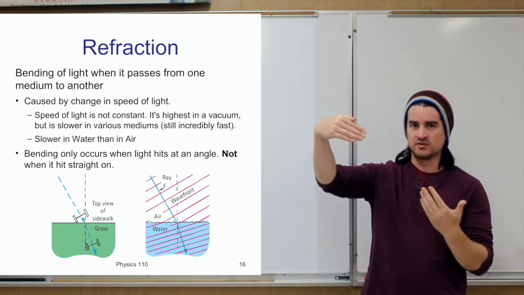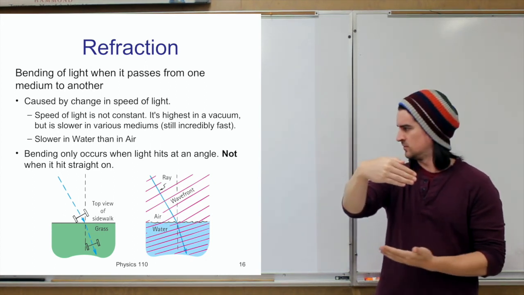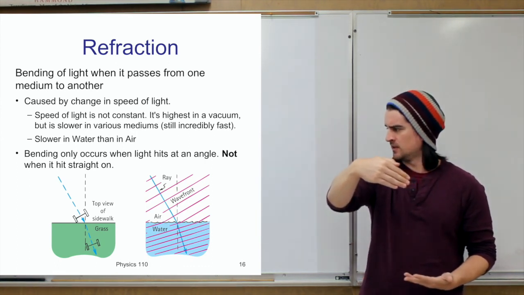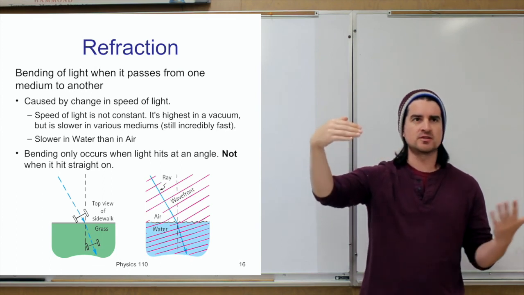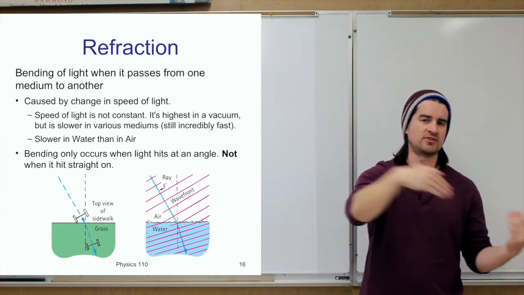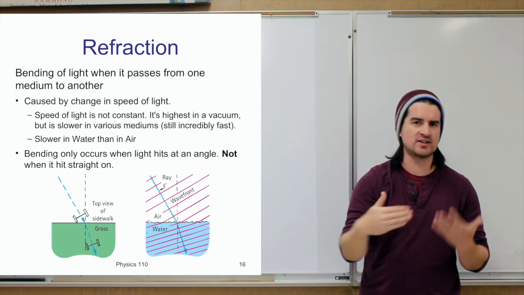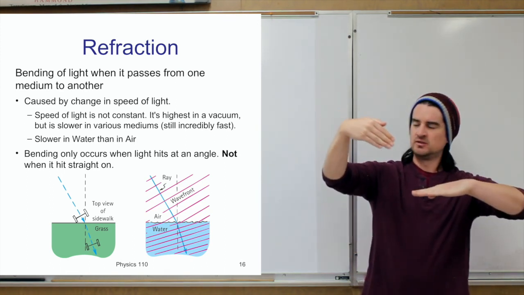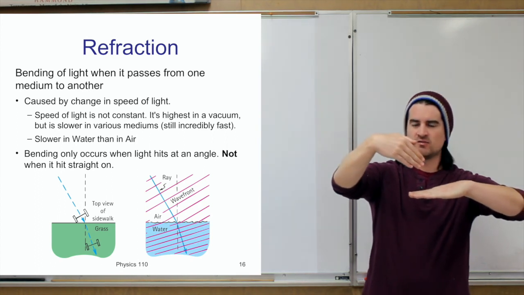So in that case, the car, or whatever that thing is, is going to be traveling faster. It's going to be able to travel faster on the sidewalk than on the grass. It meets a lot of resistance when it goes on the grass, so it slows down. But if that thing comes in at an angle, the idea is that the